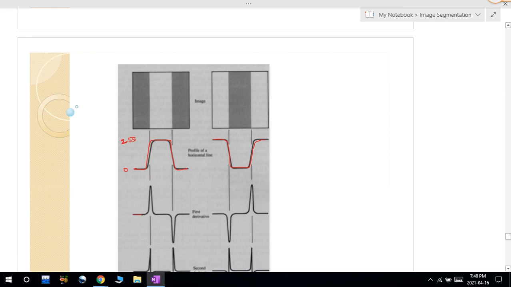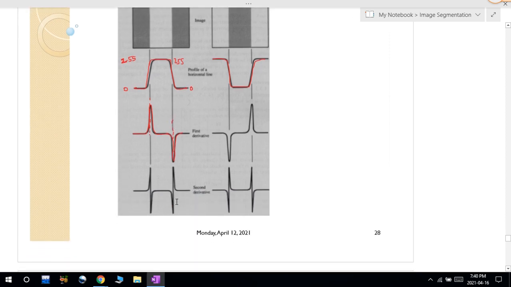So that's why by using this first derivative, I can find out there is a sudden change from 0 to 255. This is indicated by using the first derivative. And in case of this one also, from 255 it is suddenly changing to 0. So this is also found out by using this one. So by using this first derivative, I will try to find out the edge points. So here I can say some edges may be present.